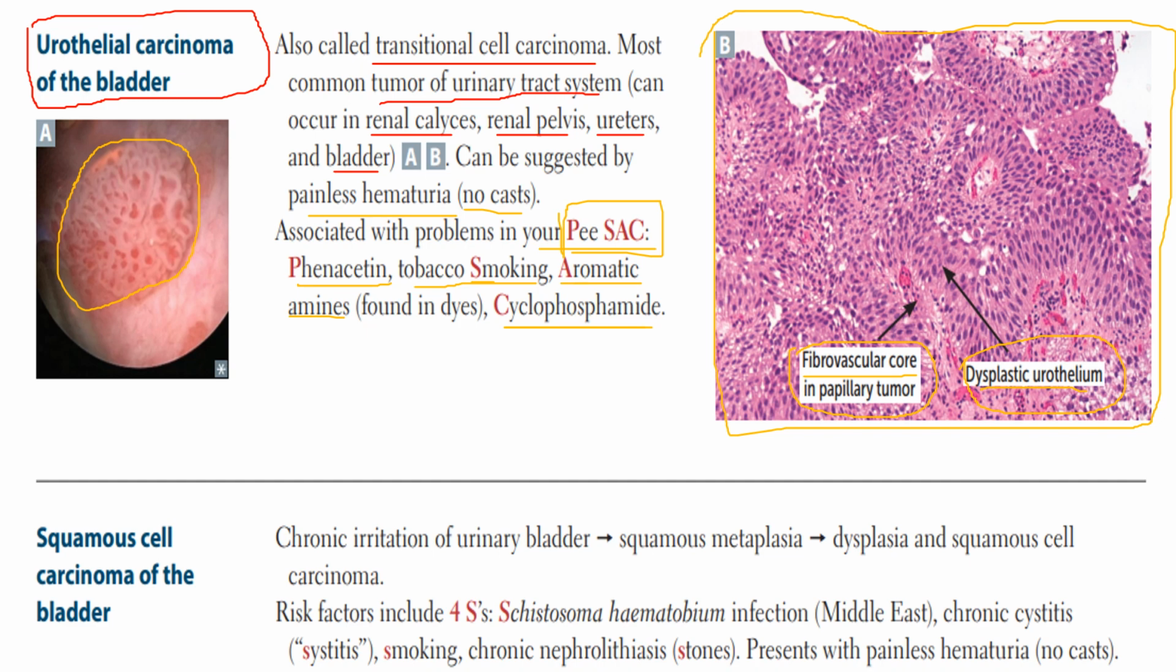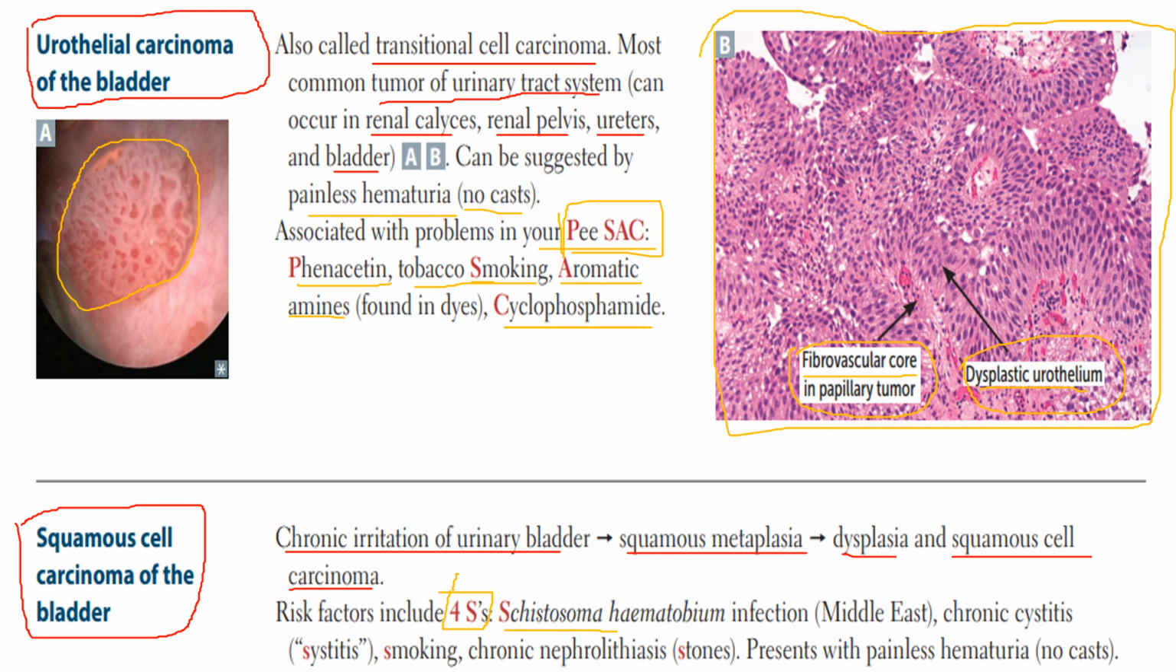Now we'll talk about the squamous cell carcinoma of the bladder. It is a chronic irritation of the urinary bladder which leads to squamous metaplasia, which again leads to dysplasia and squamous cell carcinoma. Risk factors for this disease include the 4 S's. It is a mnemonic to remember its risk factors, such as